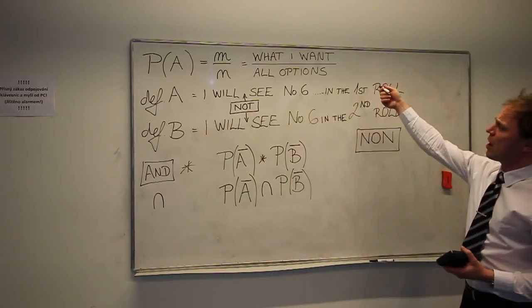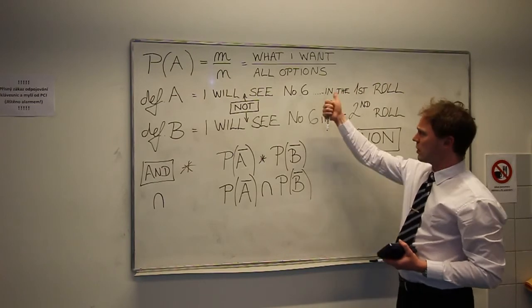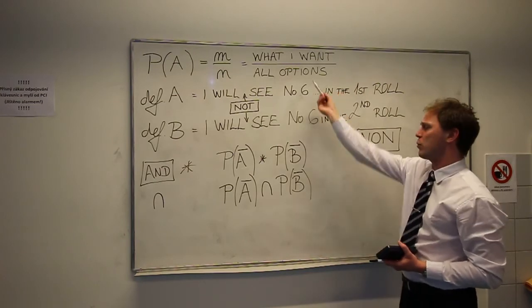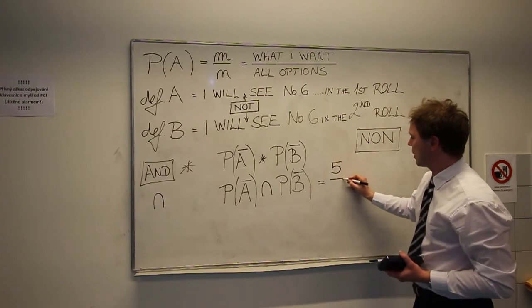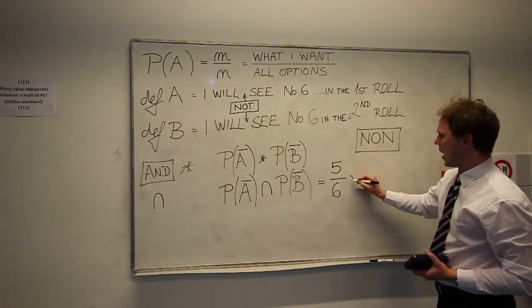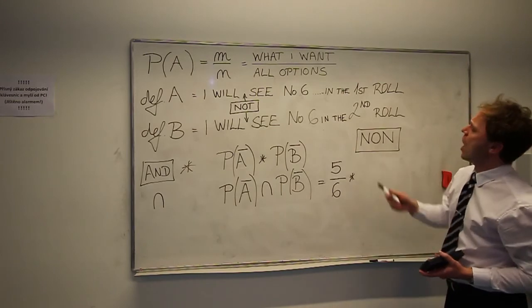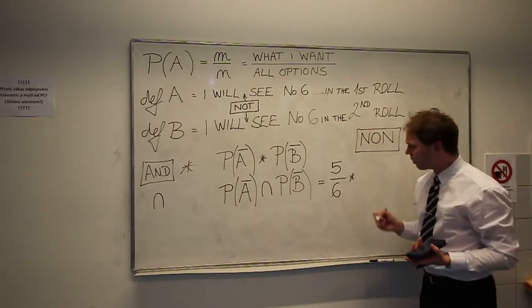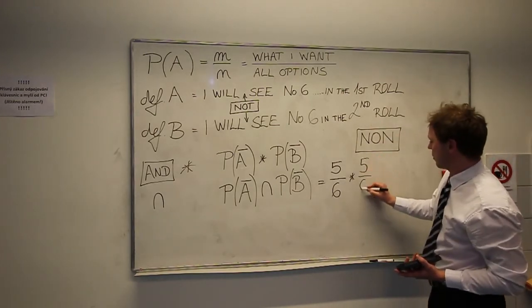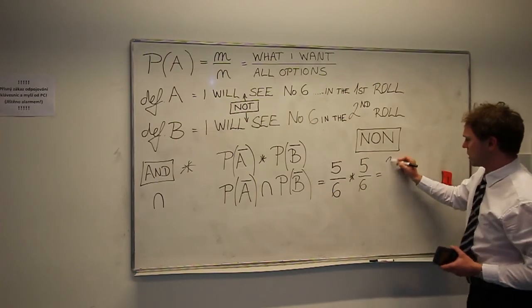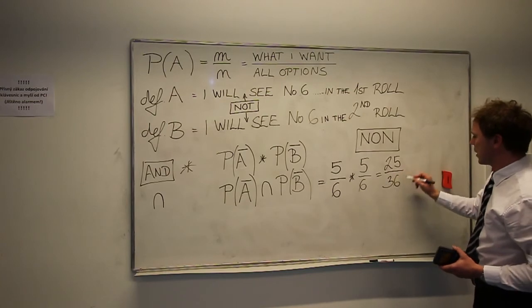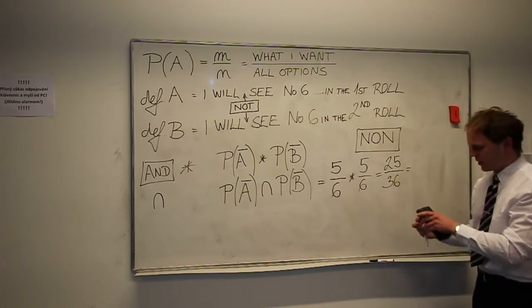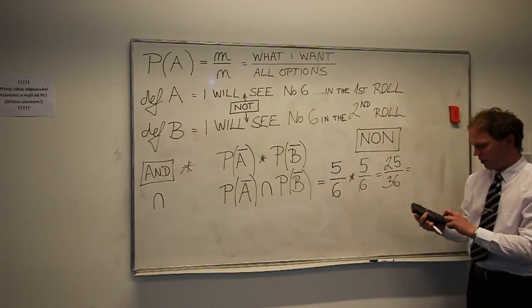So I require value position 1, 2, 3, 4, 5 without 6. So what is required? 5 divided by 6, and what is required in the case of second row? 5 divided by 6. Yes, so result is 25 divided by 36. You can calculate this ratio, 25 divided by 36,